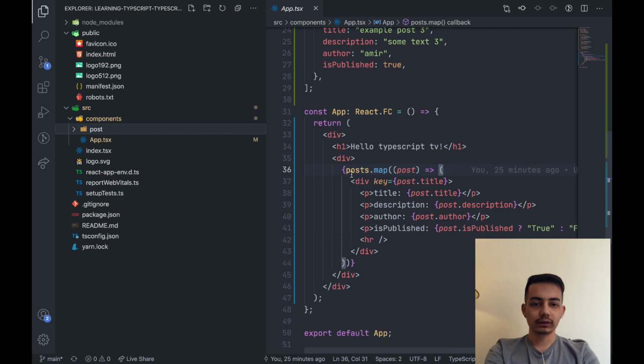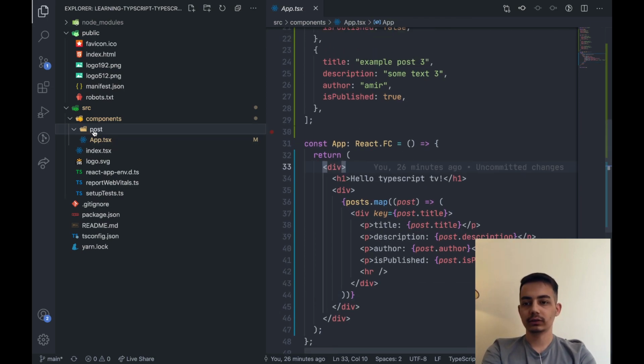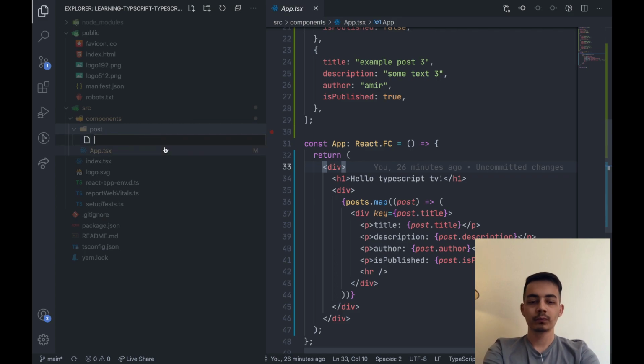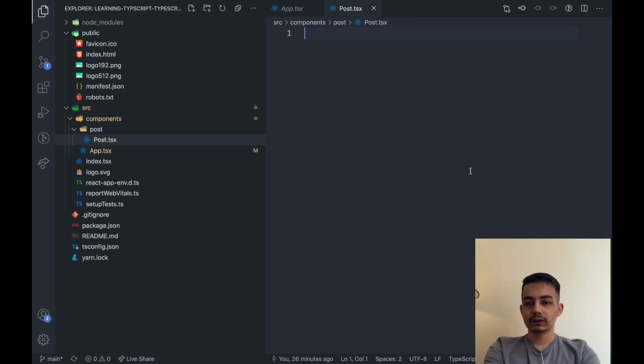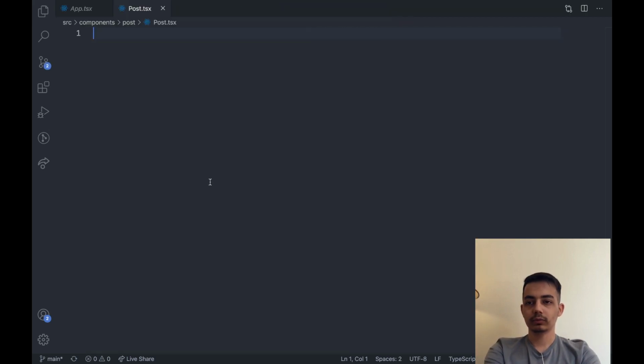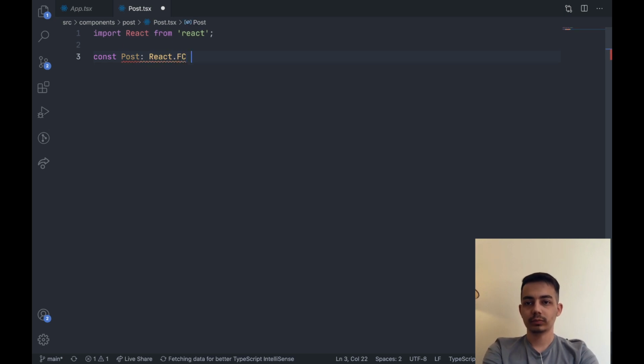I want to extract this post thingy here as a new component. So I have created this directory post. What we will do is create a new file, and I'll name it post.tsx. So first we'll import React from React, and then export, oh no, const Post: React.FunctionComponent = parentheses, and then yep, and I'll export it as well. Post,